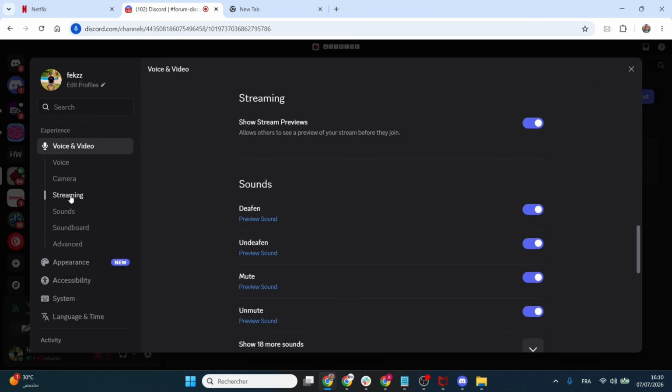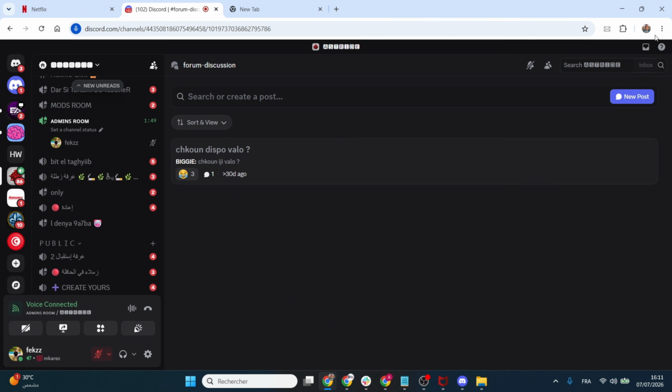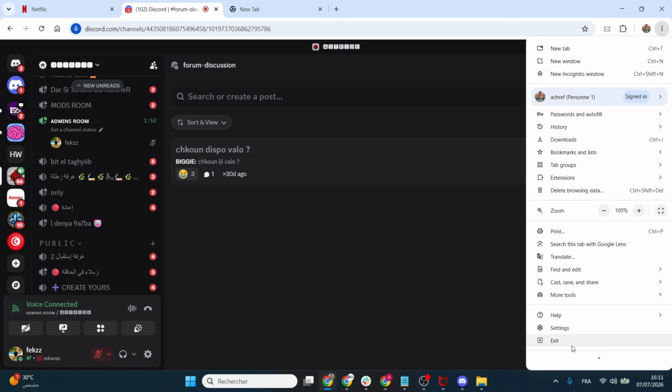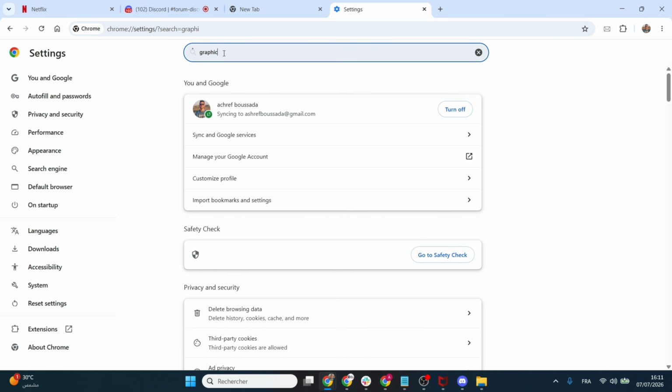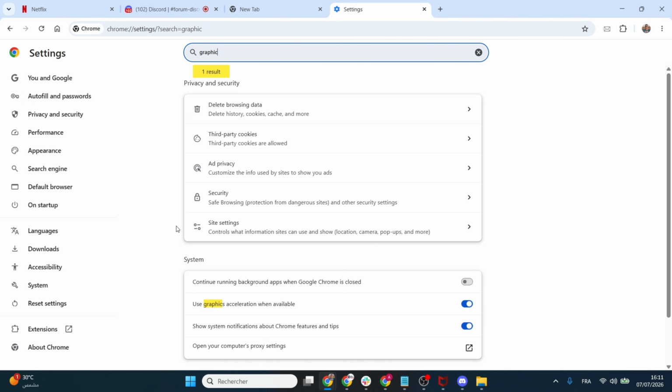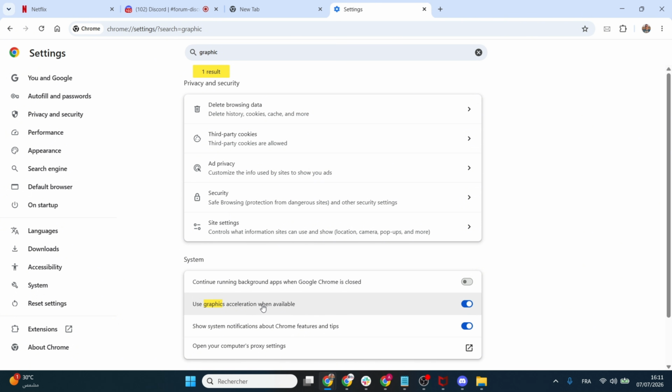Next, open your web browser, click the three vertical dots in the top right corner, and open Settings. Click on the top search bar, type in Graphics Acceleration, and look under the System section. Find the toggle labeled Use Graphics Acceleration when available, turn it completely off, and click the Relaunch button to restart